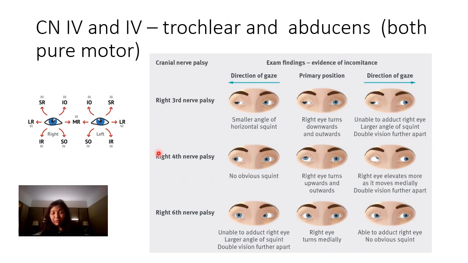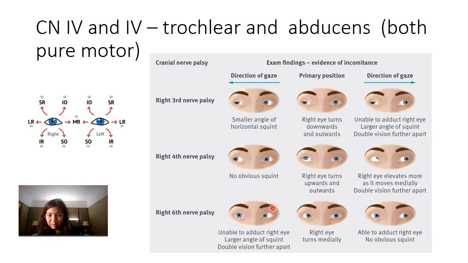With a right fourth cranial nerve palsy, you can imagine that the right lateral rectus is paralyzed, so the eye cannot move towards the lateral side on the right eye. So if you actually, I'm pointing at cranial nerve 4, I'm so sorry. So if you look at cranial nerve 6, what's going to happen is that your right eye will always have this